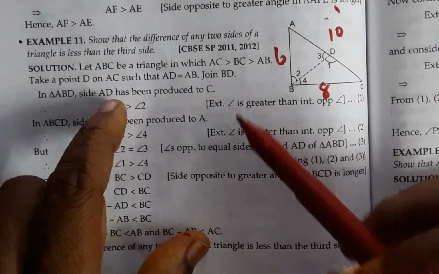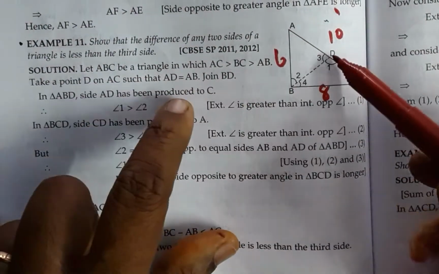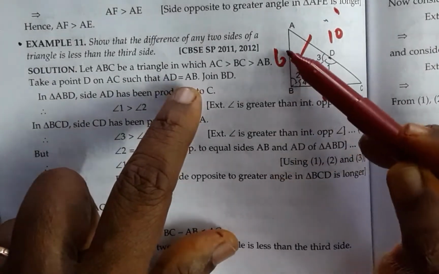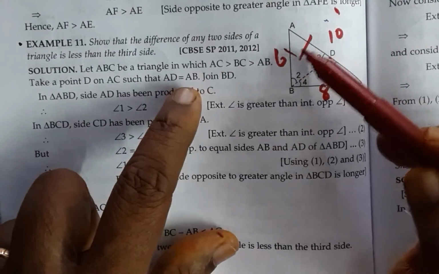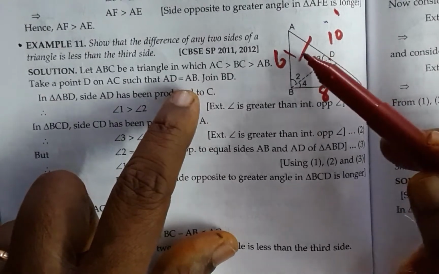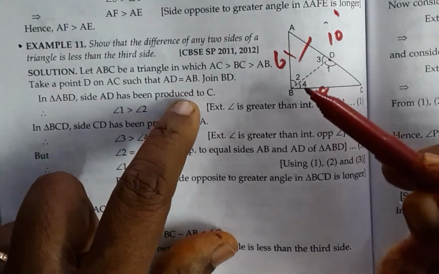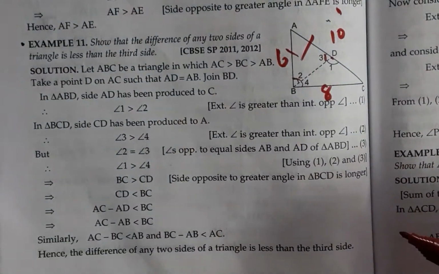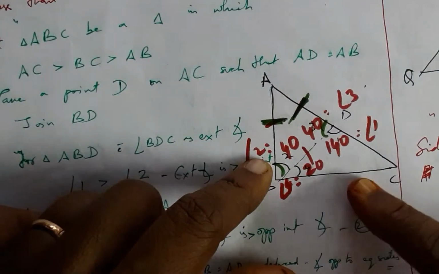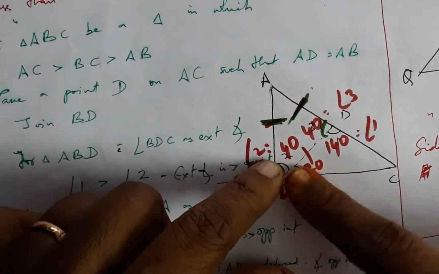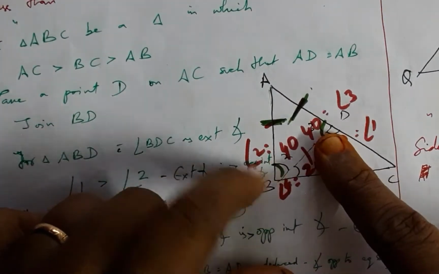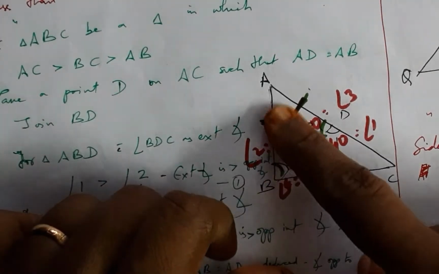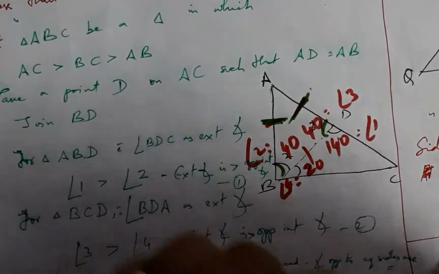Now he is again asking us to place a point D such that AD is equal to AB. Once these two sides are equal, it becomes an isosceles triangle wherein angle 2 will be equal to angle 3, that is, the base angles are equal. For a deeper understanding of this problem, I just simply put the values. Angle 3 will be 40, angle 2 will be 40, and herein